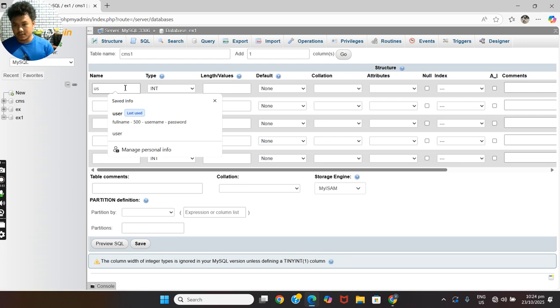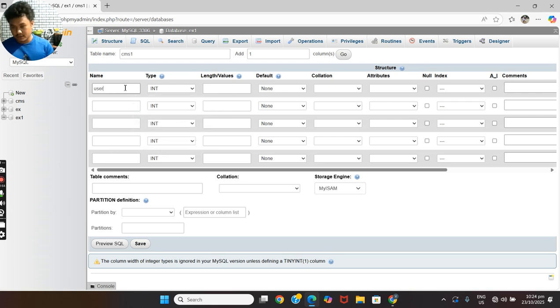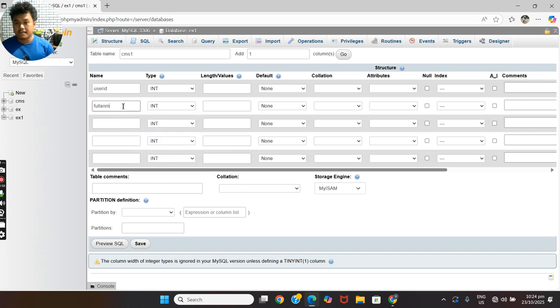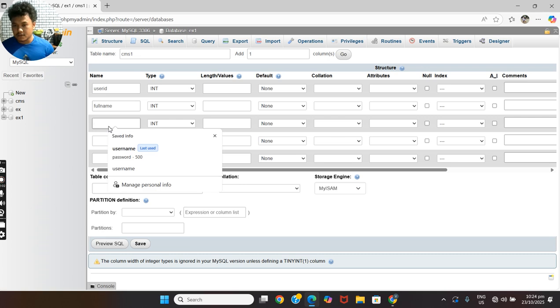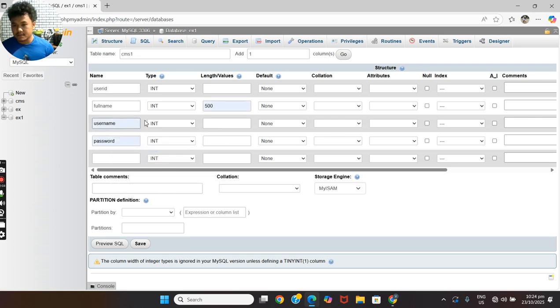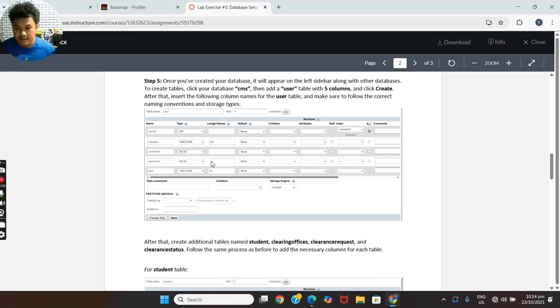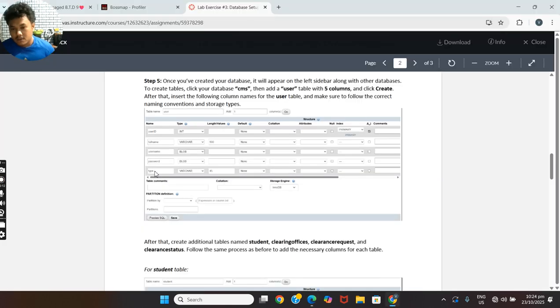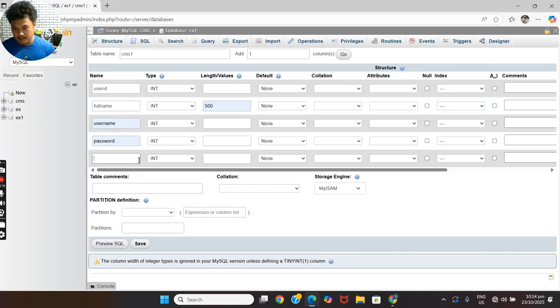So we need to put username or user ID, full name, user password, and the last one is type.